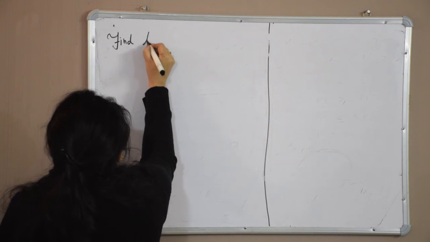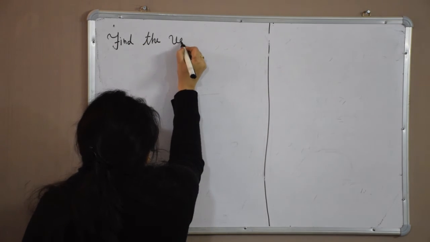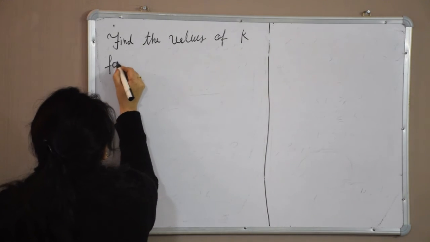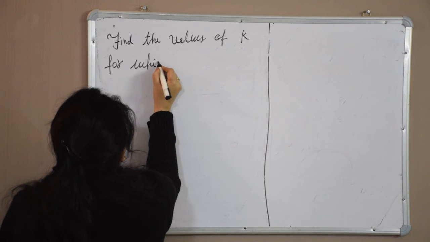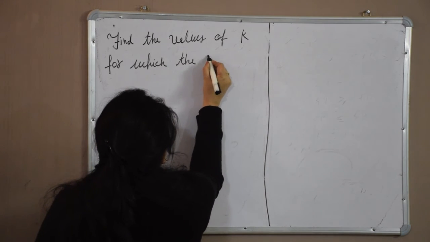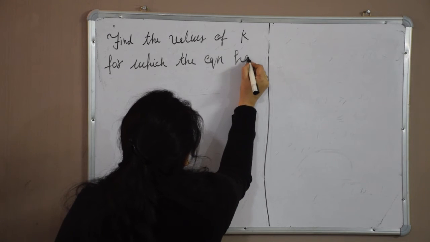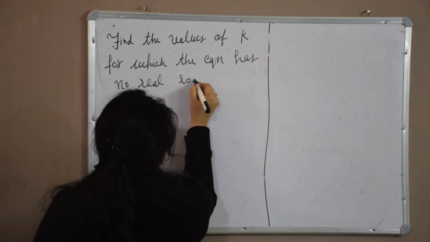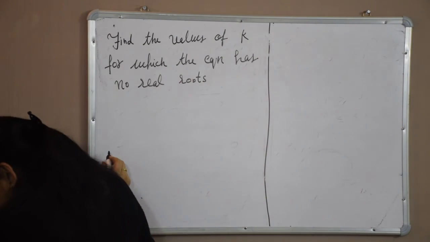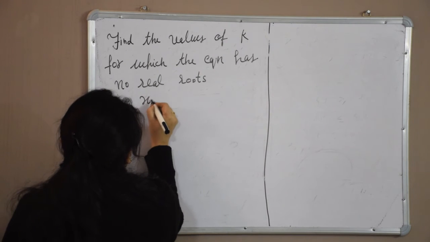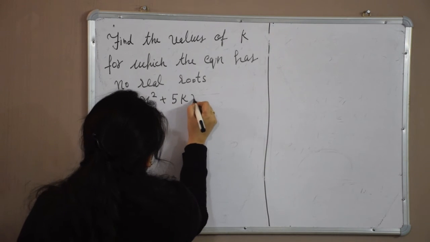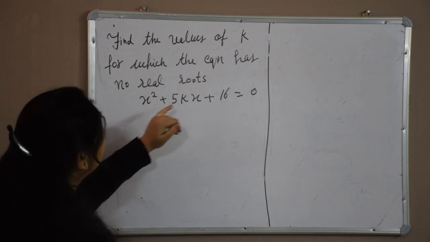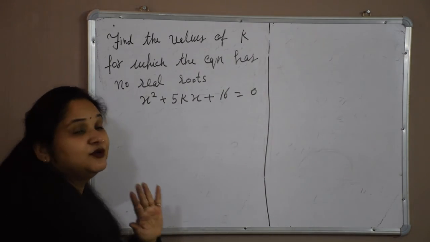So the equation is x square plus 5kx plus 16 equals 0. This is the equation. We have to find a value of k for which the equation has no real roots,